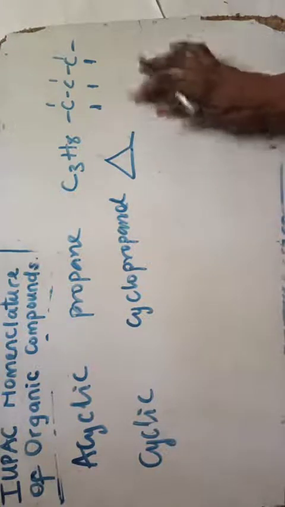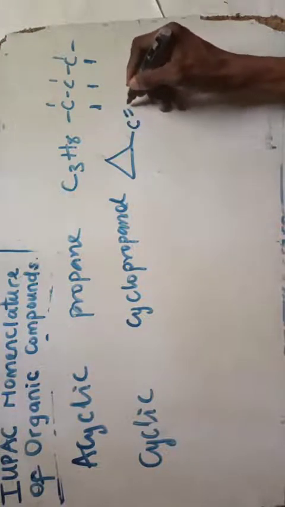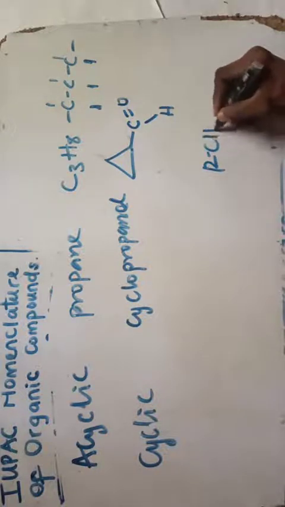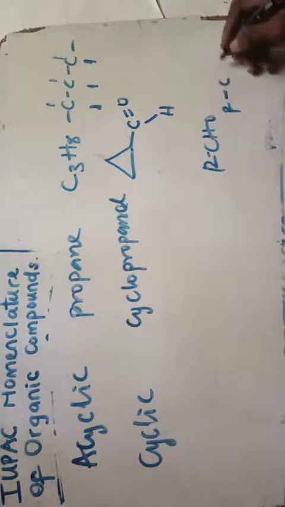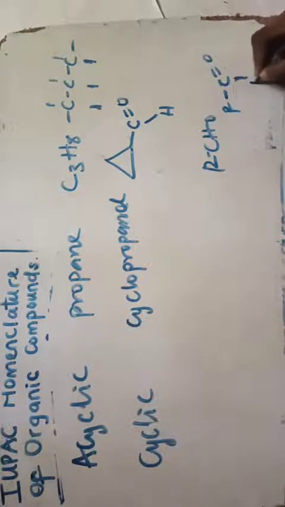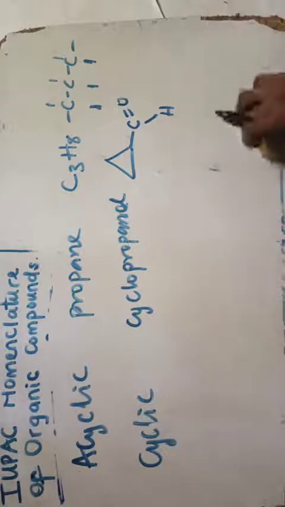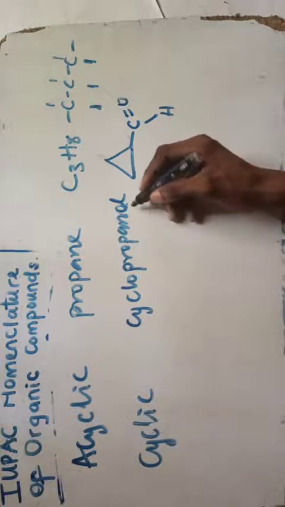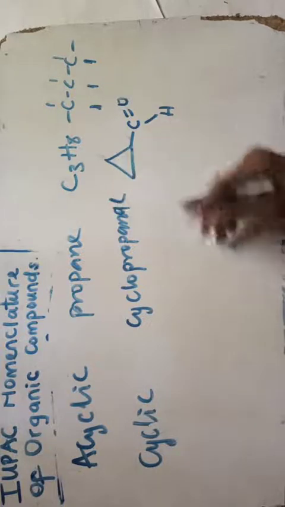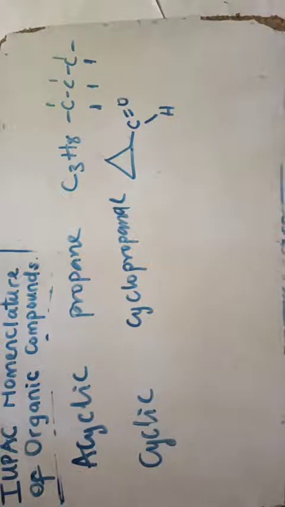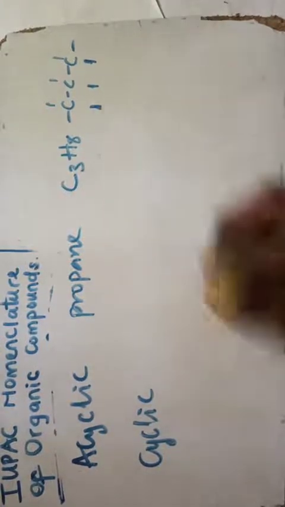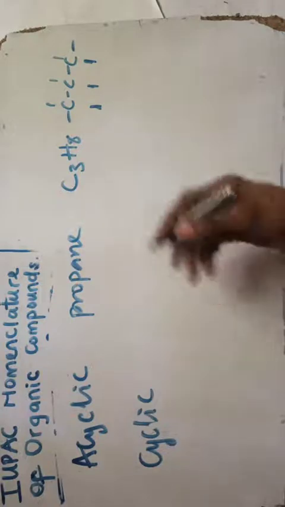Okay, what about if I do RCHO? I do like this. You know, this is RCHO, and you can have it as R, C, you can have it as O, you can have it as H. So in this case, I'm gonna have this particular compound as cyclopropanol. Okay, so like that. Now there's something very important you need to pay attention to here. Okay, let's see some few examples.